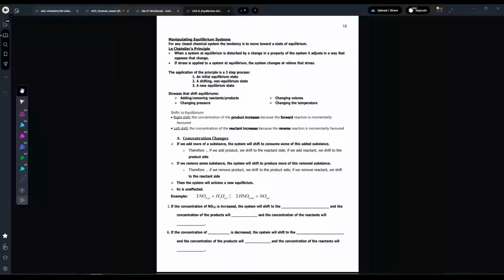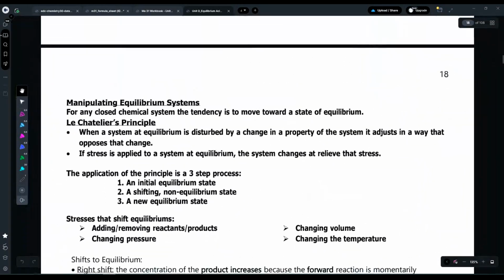In this video, we're going to discuss Le Chatelier's principle, which goes over how different stresses affect the equilibrium position. For any closed chemical system, the tendency is to move towards a state of equilibrium. Now, Le Chatelier's principle says that when a system at equilibrium is disturbed by a change, and when I say disturbed by a change, that's what I mean by a stress,